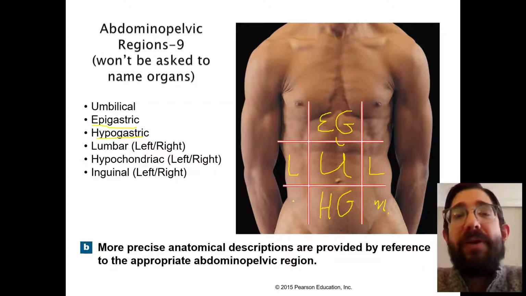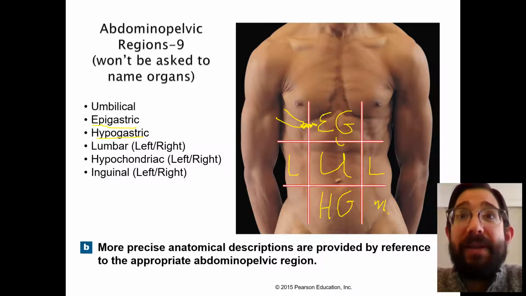Chondra means cartilage. And this is going to be kind of a stretch, but do you know that your ribs come down and then they stop? And right about here, they turn into cartilage. And it's actually cartilage that connects the rib to the sternum. So if you were to open up your skin here, right under here, under your skin would be cartilage. So under here is cartilage. Hypochondriac means under the cartilage,